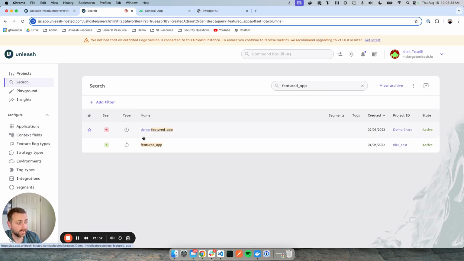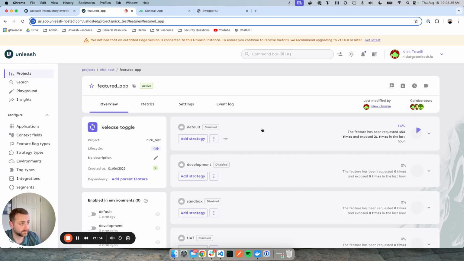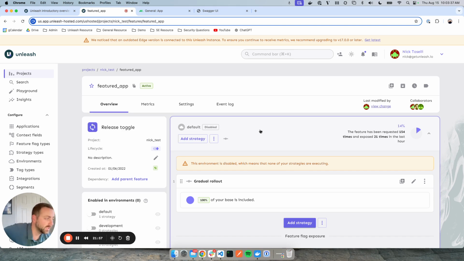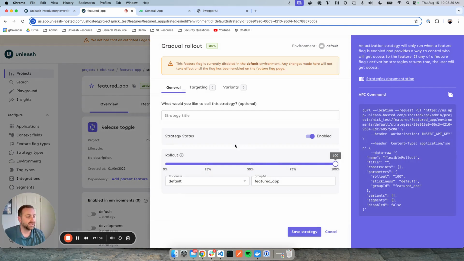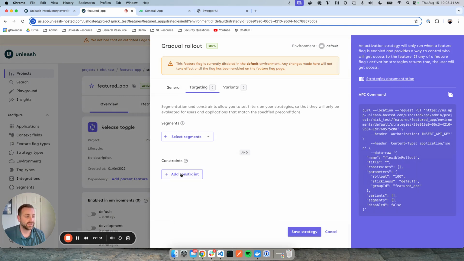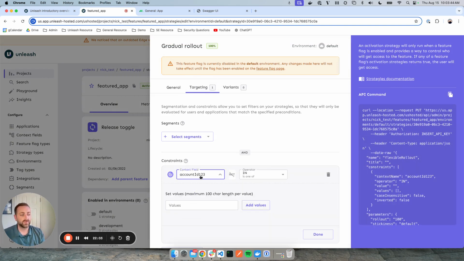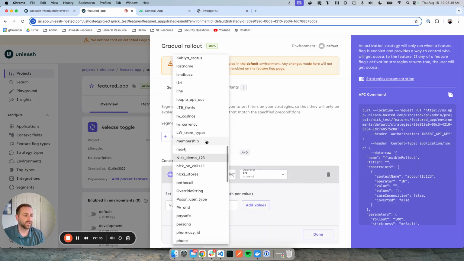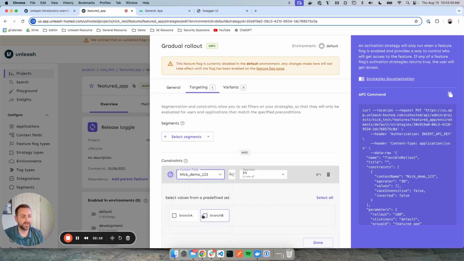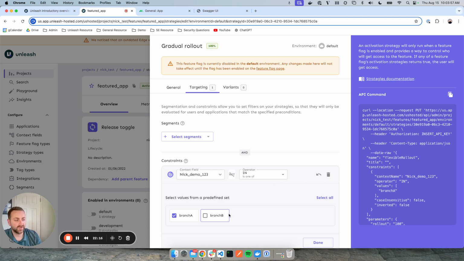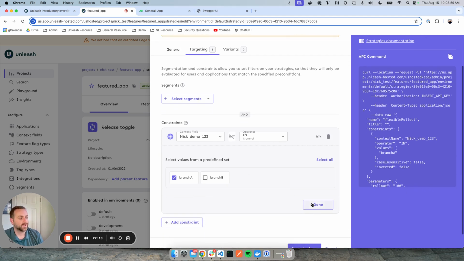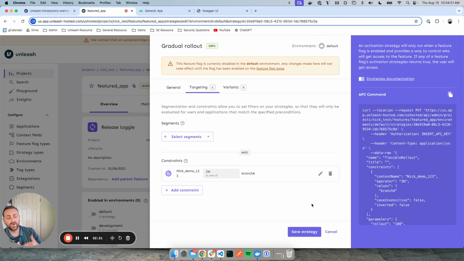And then I can go back to my feature toggle and actually go and find those constraints that I just added. So I can go and look for my context field of Nick demo 123 and find branch A, branch B. I didn't save branch C by accident there, but it would be there if I had clicked save correctly. So I can just go and select branch A. So that means that only the folks that are coming in with the attribute of branch A are going to